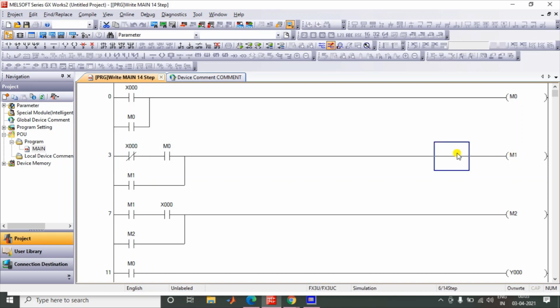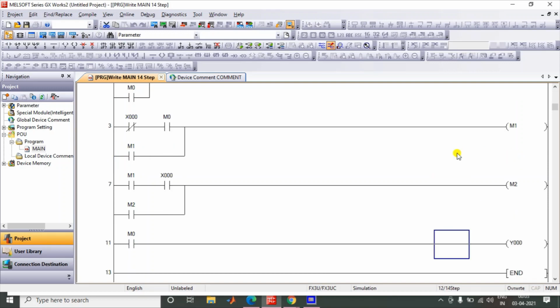So for M1, our lamp is still on. No problem, till M1 is on, our lamp should be on. But when our M1 is here, and when I press X0 again, then the lamp should be off.